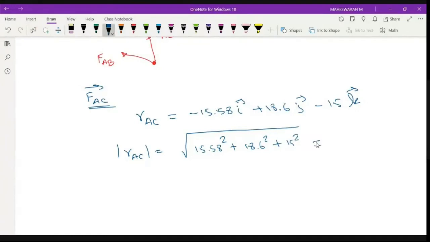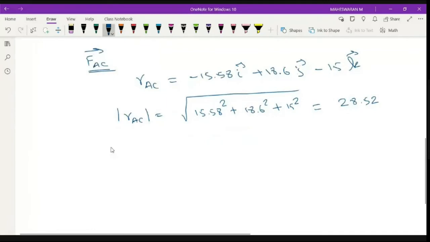So what is the modulus? 28.52. Now identify what is your lambda AC, right? Lambda AC is dividing with respect to this. So what happens when I divide it? 15.58 divided by 28.52,